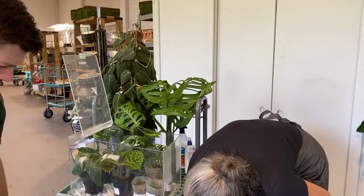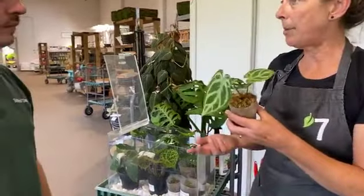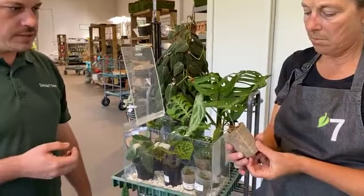Tell me a little bit more about the sphagnum itself. We sell this from time to time. I think we're out of it right now. Yep, we're sold out right now. We will get it back in. Sphagnum is great,